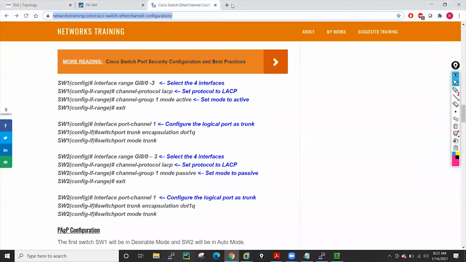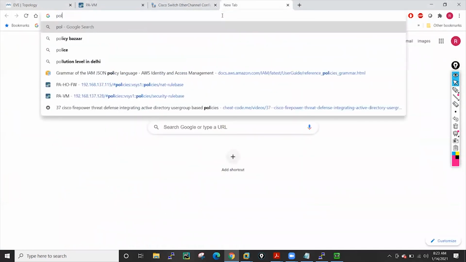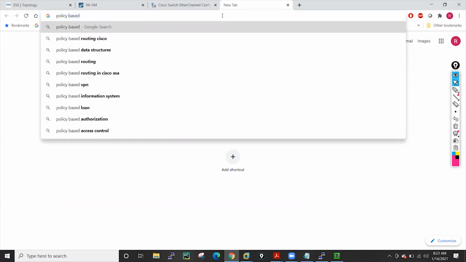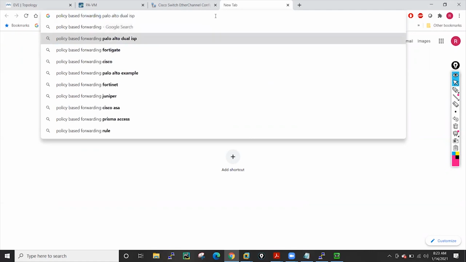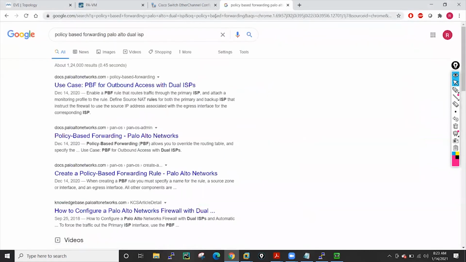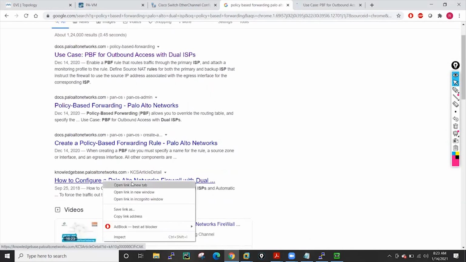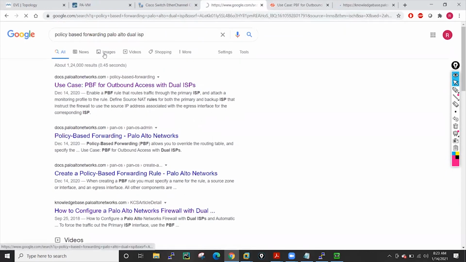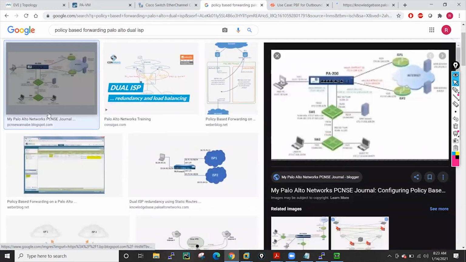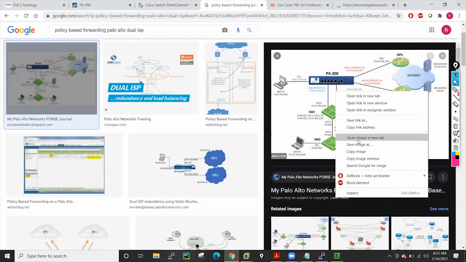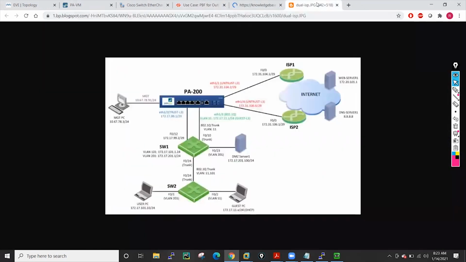Meanwhile, let me also show you how policy based forwarding works. Okay, so what I will do, policy based forwarding, Palo Alto dual ISP. I'll just open a few documents and open this knowledge base, because here you will get the step by step configuration steps. Okay, so if you see this particular image,